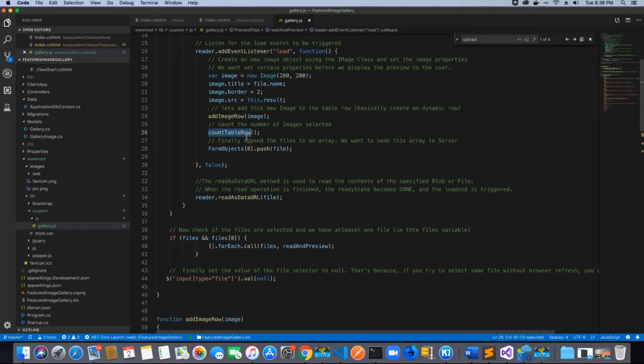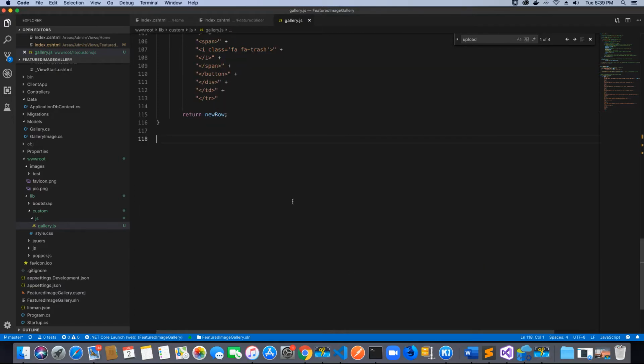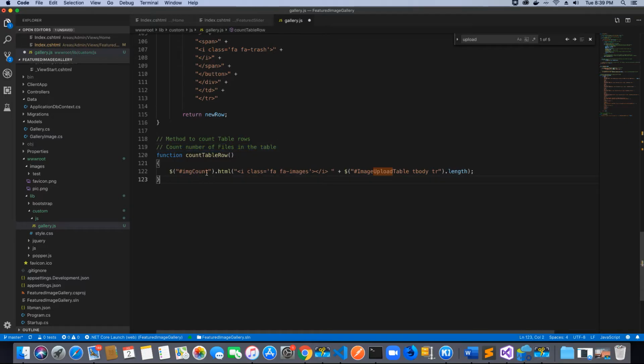One is this count table row. So let's go ahead and create this method. So here I'm going to add a method that is going to be used to count table rows and count the number of files in the table. And I already showed you the demo. So all I'm going to do is call the HTML of the ID image count. So if you can search this in your